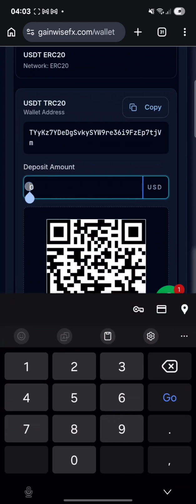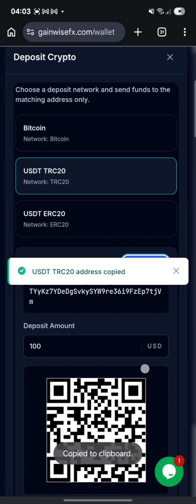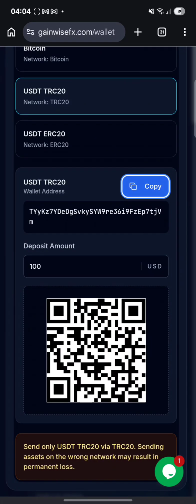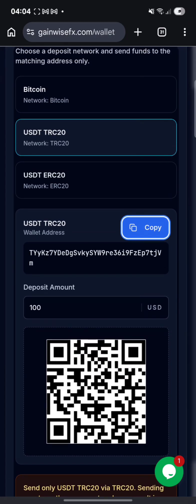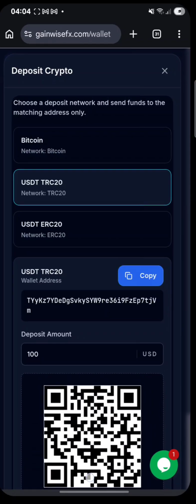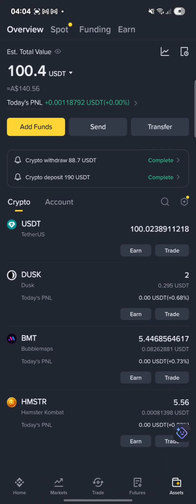Input the deposit amount, which will be 100 USD. Copy the wallet address. For those who are conversant with scanning the QR code, you can also do that. After copying the wallet address, we can go back to our Binance account,